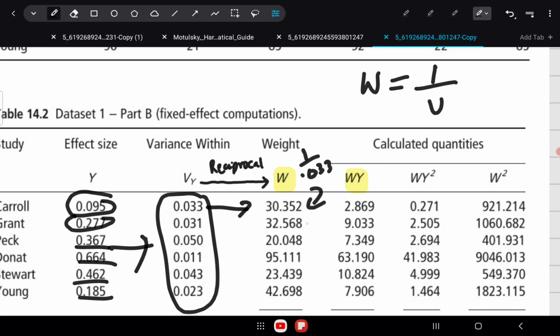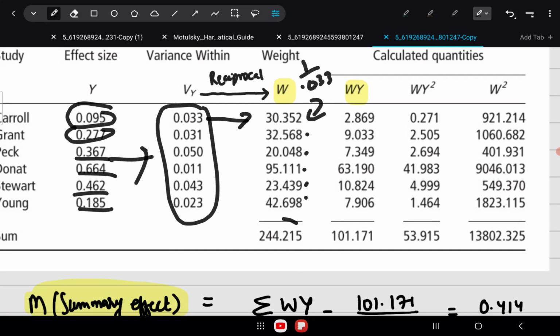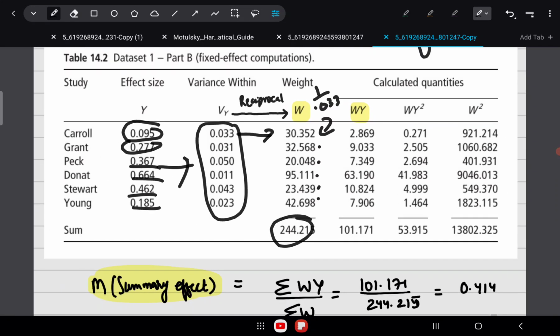So like that you can compute weights for each of these studies, and this will be the total weight, right? Now to compute the summary effect, you have to first multiply the weight in each study with the effect size in each study.